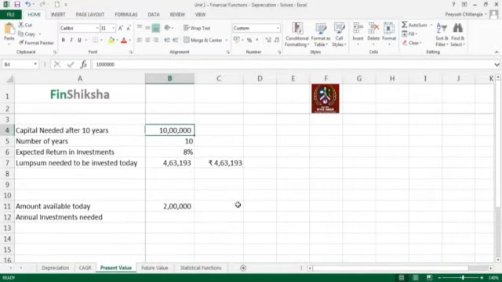Now let's twist it a little bit. We are saying that this person already has 2 lakh rupees which will get invested. So this 4,63,193 is not available, but 2 lakh is available which can be invested. So you put in 2 lakhs today, plus you make